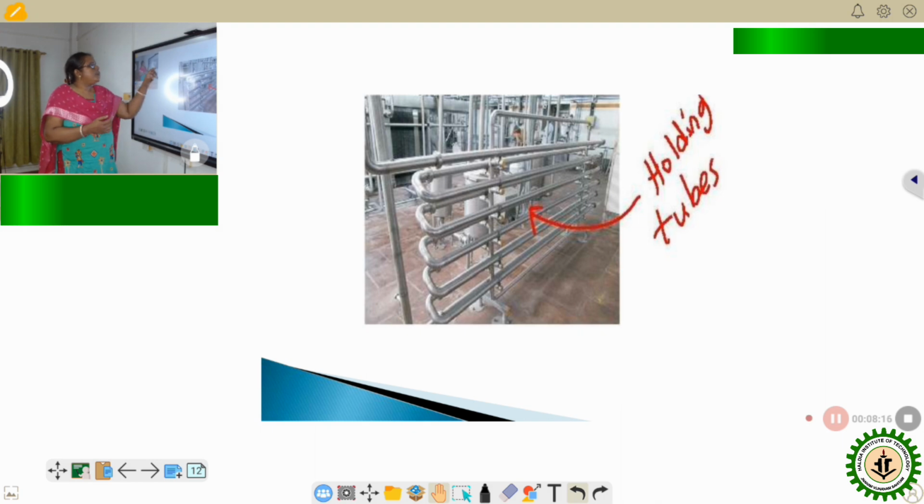So the tube of this section is designed in such a way, and also the milk flow is controlled in such a way, that when the milk enters this tube and exits from this tube, the 15-second time will be completed. So using this system, 72 degrees centigrade temperature is reached, as well as 15-second time holding is attained. As a result, the milk is properly pasteurized.